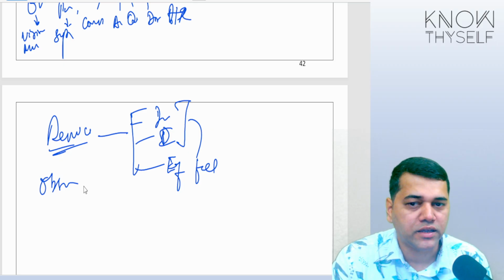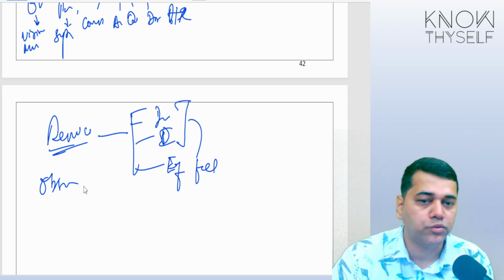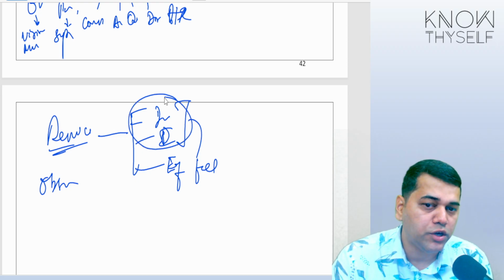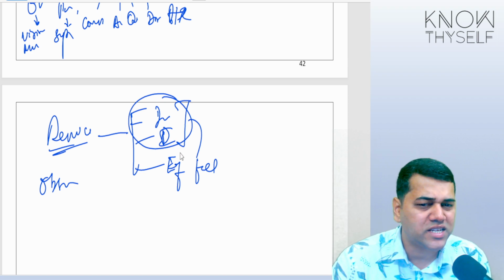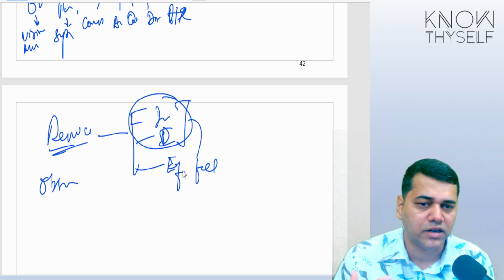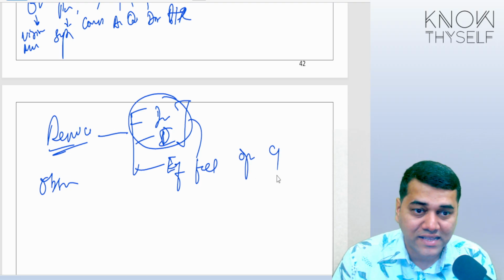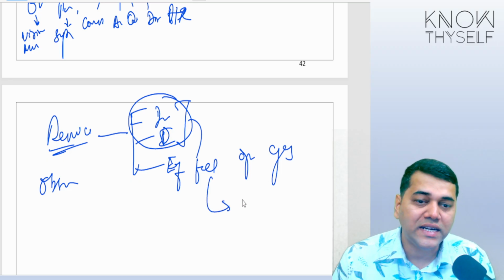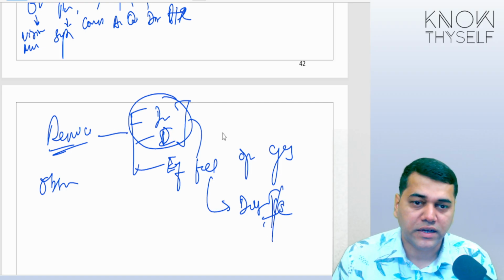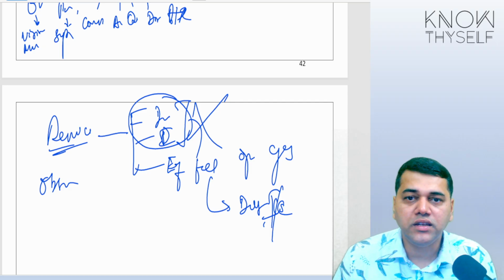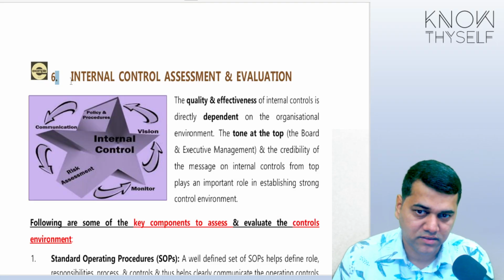Okay, it's more like talking. It's like an overall, we say, a review. It's not a detailed study. That's why at a review you just go into design and implementation and get a feel. Okay, are these controls operating effectively? Because if you feel the answer is yes, then you have to make a detailed study of the internal controls. If at this point it fails, then we need not study this.